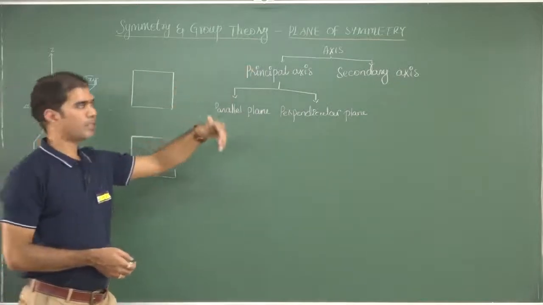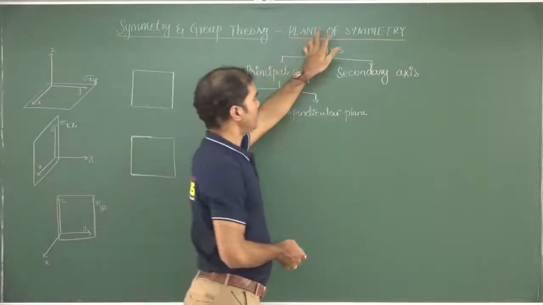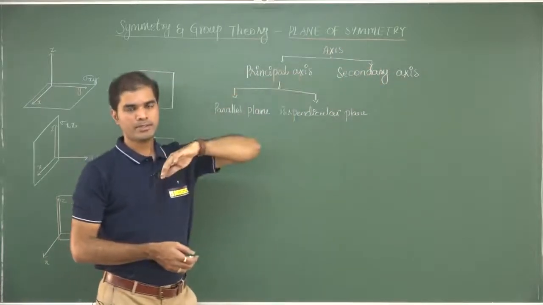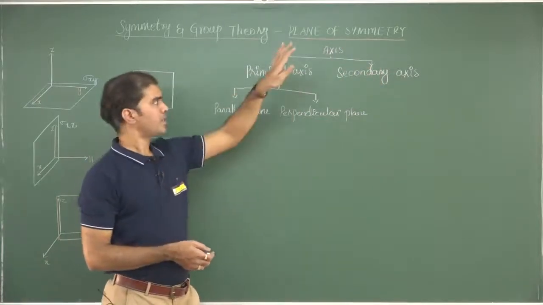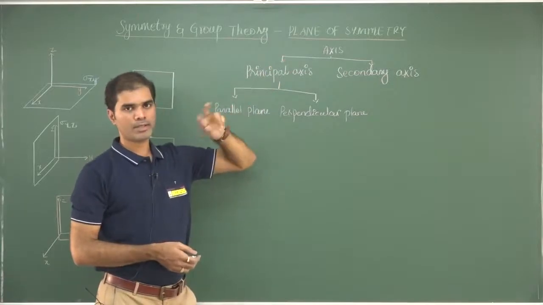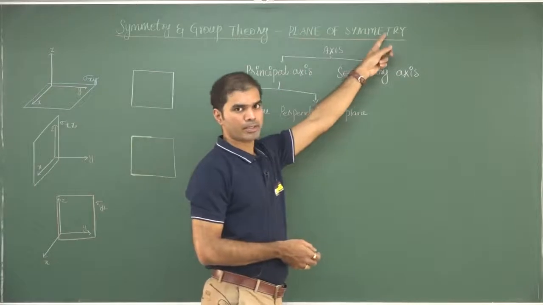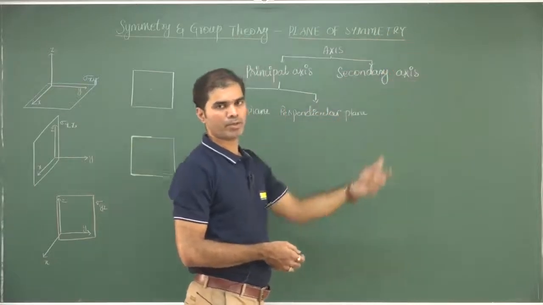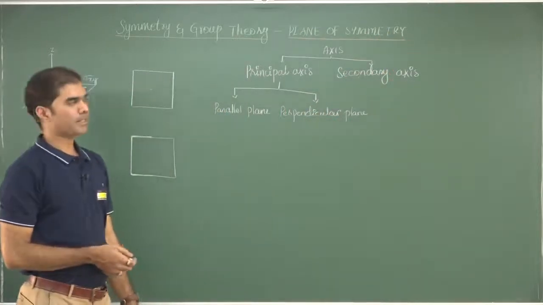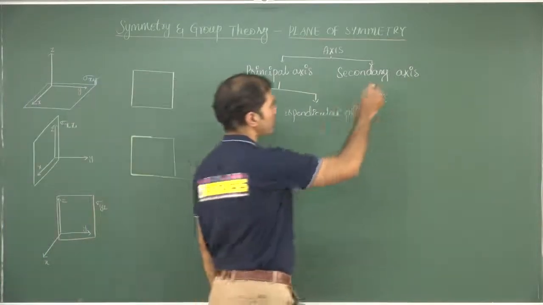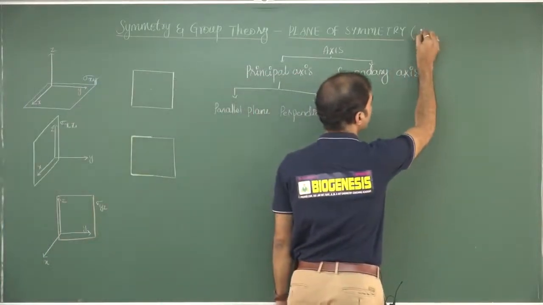In this video, I will be discussing a topic related to symmetry and group theory. One of the symmetry elements, the basic symmetry element rotation, reflection and an inversion. We have three basic symmetry operations and interrelated elements. So plane is one such element, and with respect to plane we perform an operation called reflection. A plane of symmetry is indicated by sigma.